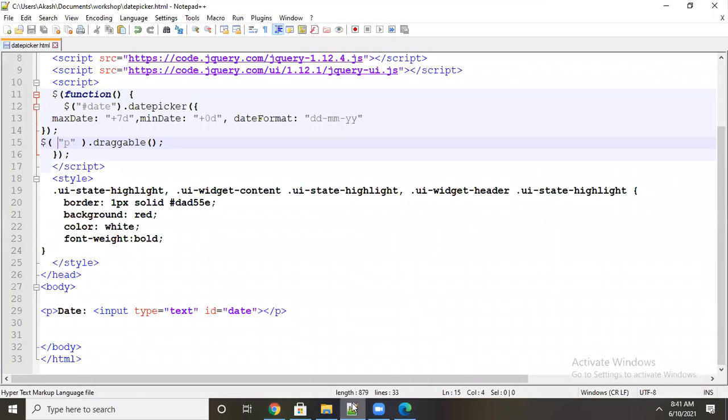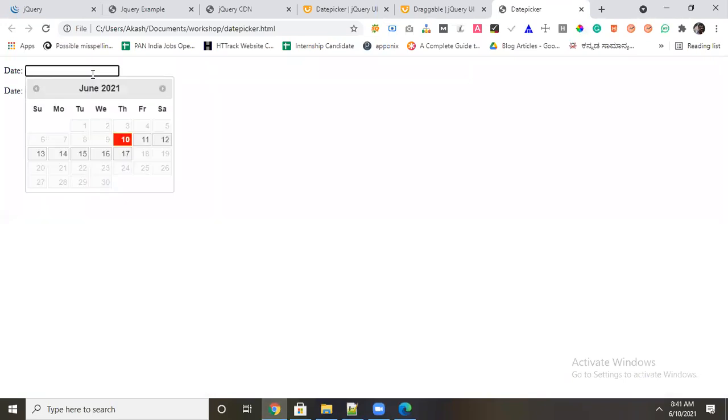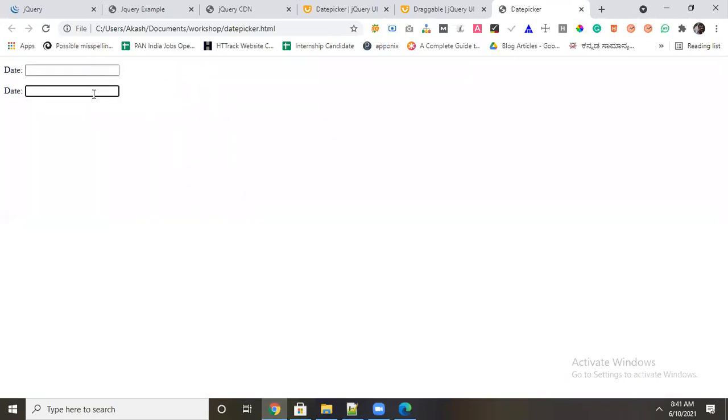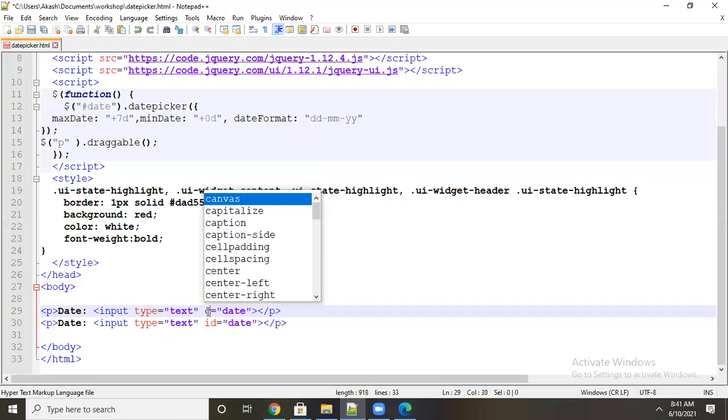Now imagine one more thing I will do here. One more date picker I will take, just a sample I am telling. If the same requirement comes twice, what do we have to do? I am giving the solution for that. Now see, the first one is working, the second one is not working. What is the solution here? Because it is an ID, both IDs never work. It is unique, I told you. In that case, you can convert to a class for both. That is the only solution, or we have to give a different ID name.